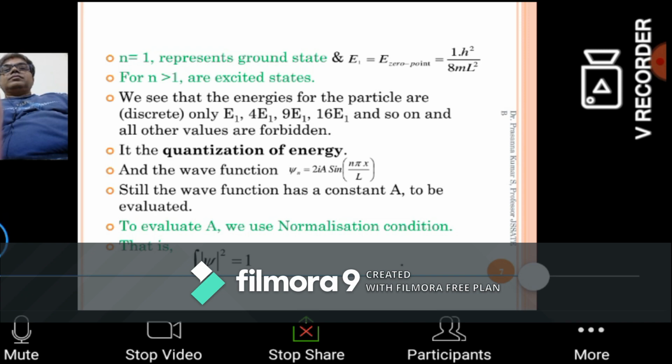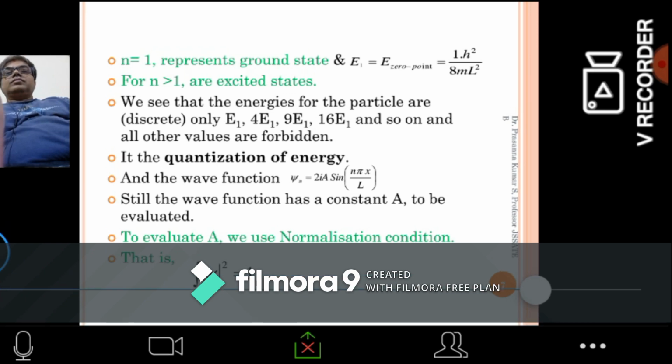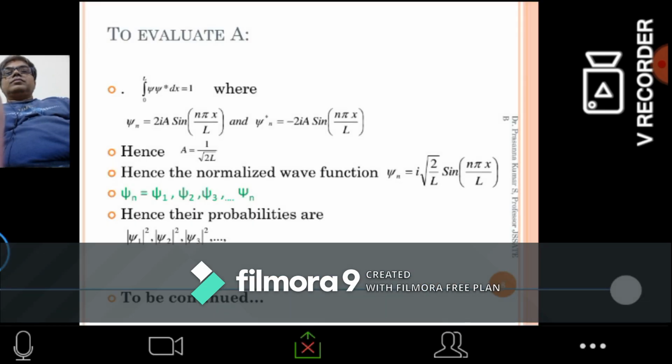You have seen in the previous class, the integral from minus infinity to plus infinity of modulus psi square equal to 1 is called the normalization condition. So using the normalization condition, it is possible to evaluate the constant a. Okay. So now within the integral, the general way of writing the normalization condition is